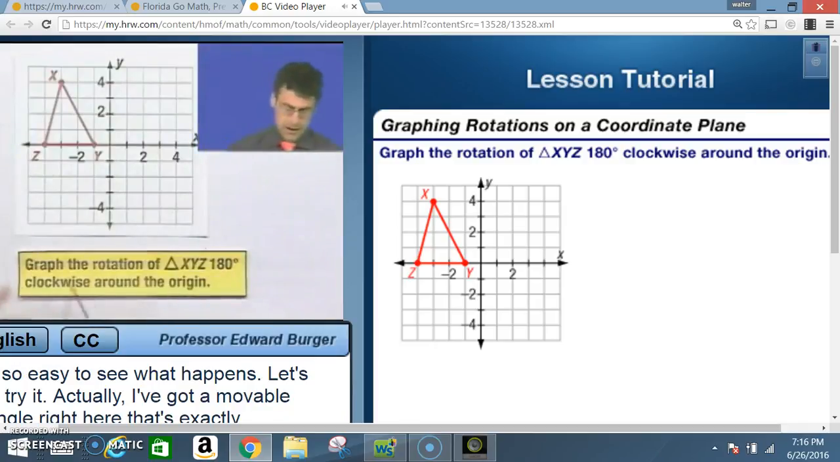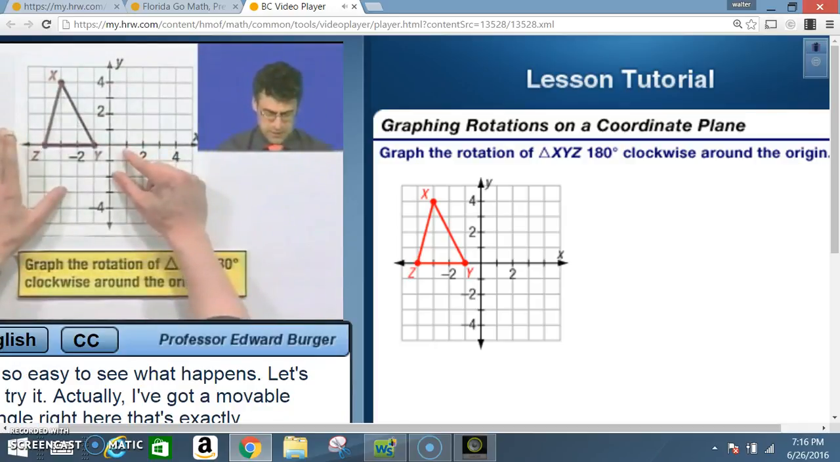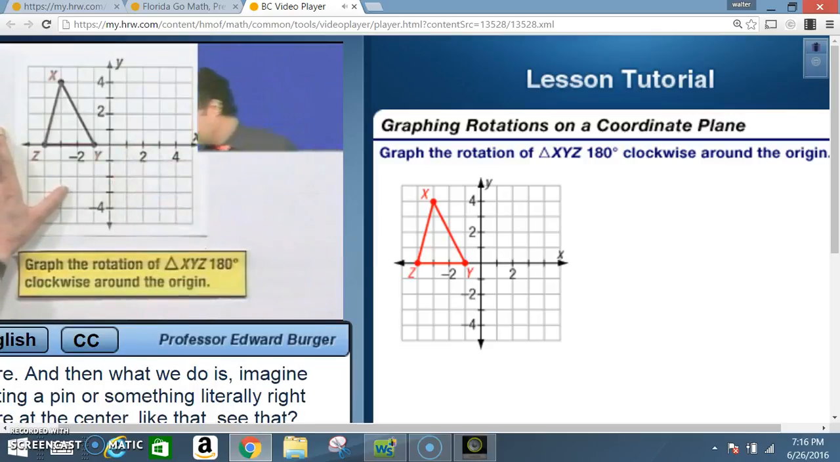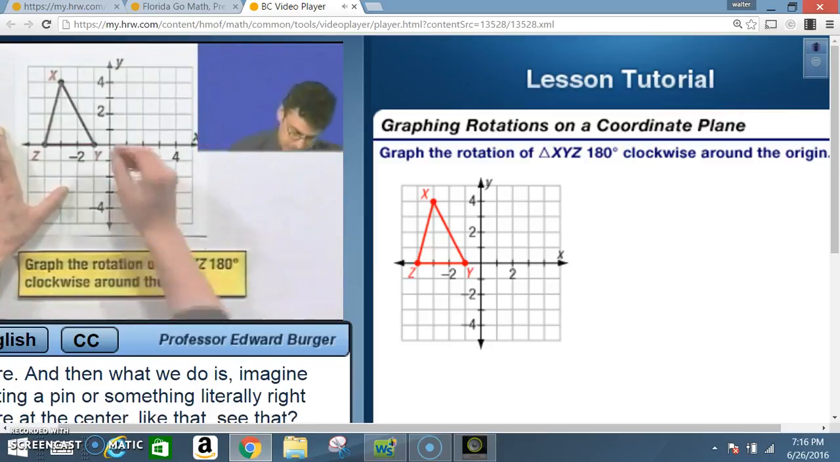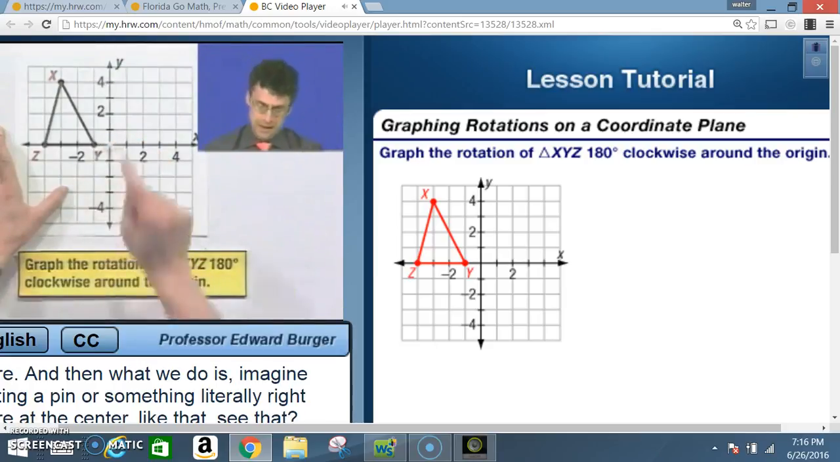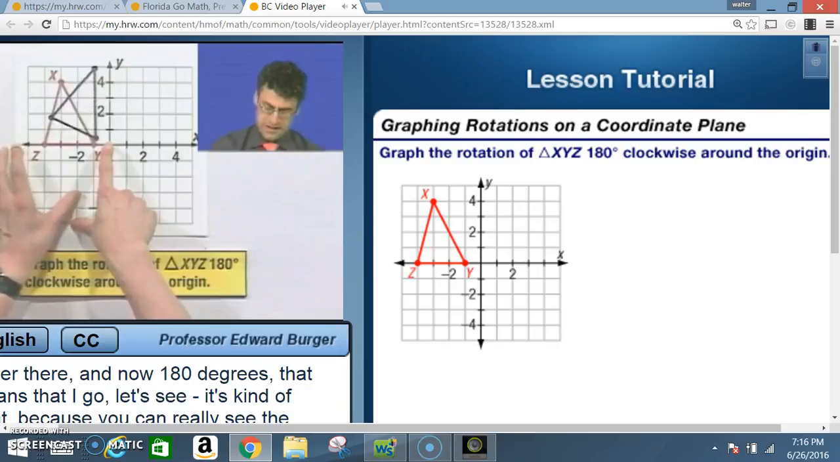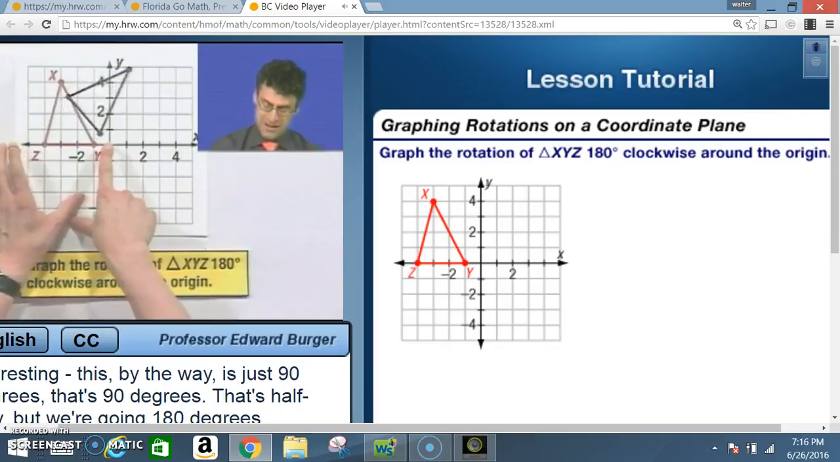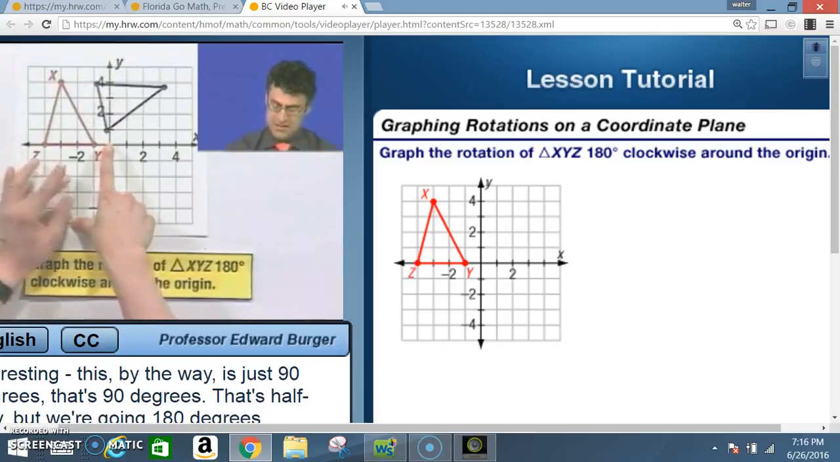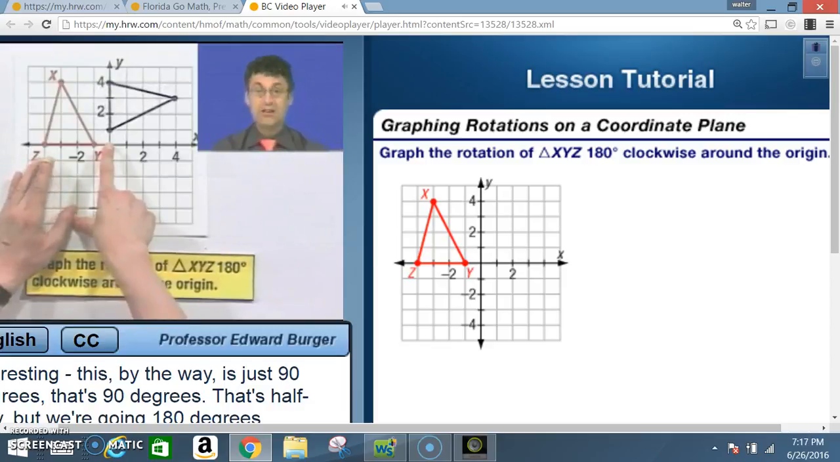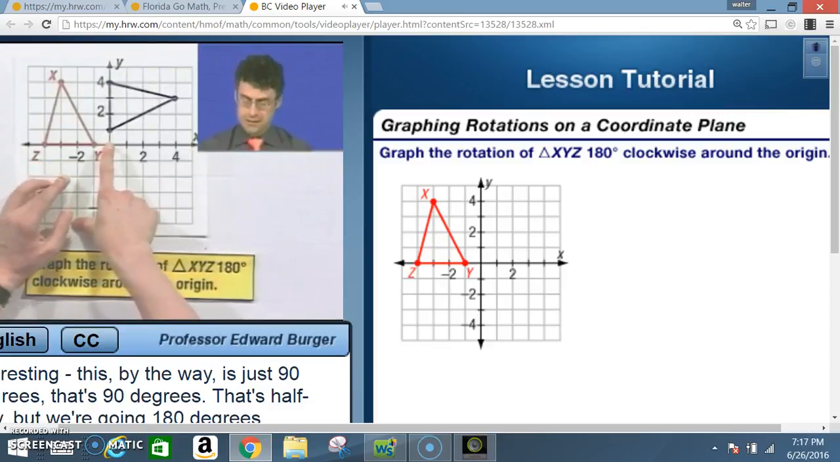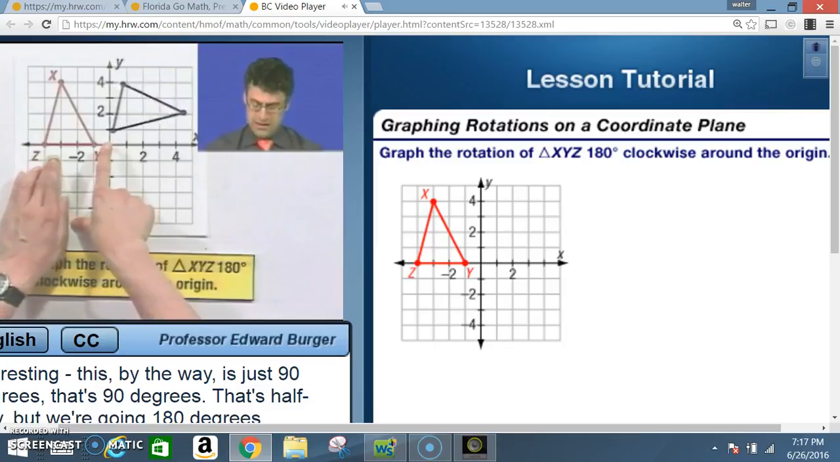Actually, I've got a movable triangle right here that's exactly congruent, so you put it right there. And then you imagine putting a pin literally right there at the center, like that. See that? Boom. And I put my finger there, and now 180 degrees. That means that I go, it's kind of neat because you can really see the movement. This, by the way, is just 90 degrees. That's sort of halfway. But we're going 180 degrees